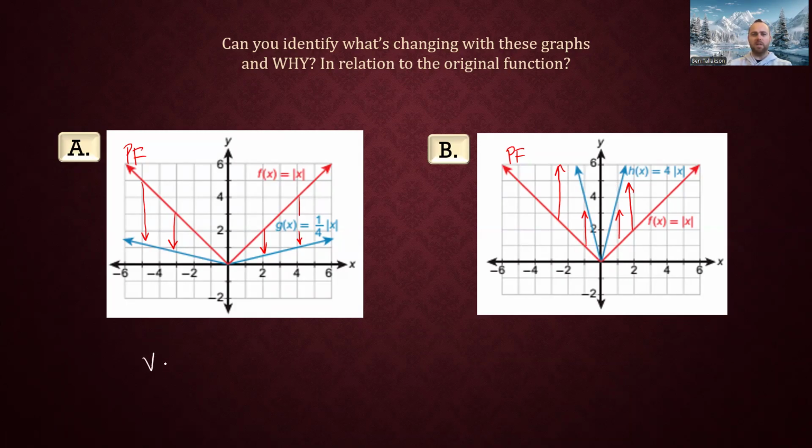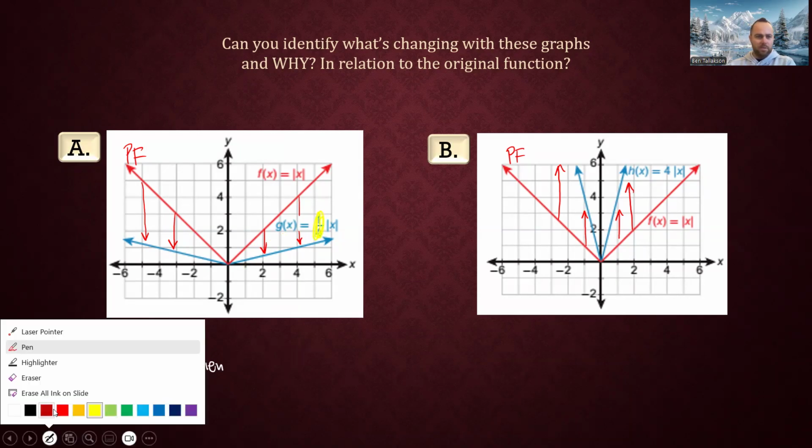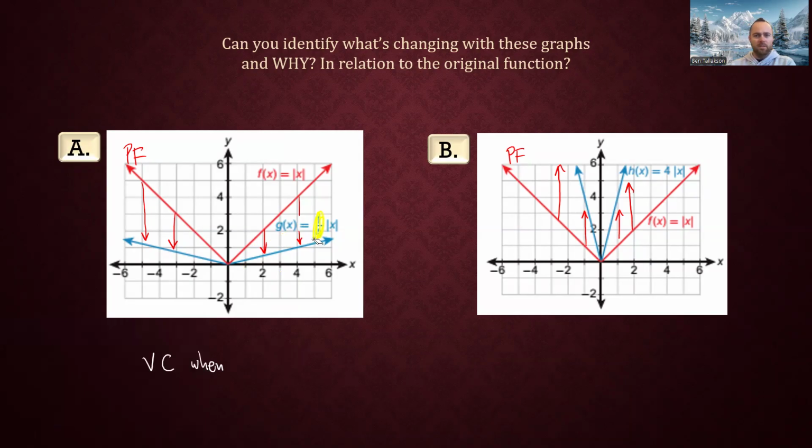And here we're going to say there was a vertical compression. Things are flattening out, okay? If it's flattening, it's compressing. And when does that happen? Or why does that happen? And it's all about a, right? That value, let me get a highlighter so you can still read it. This value,